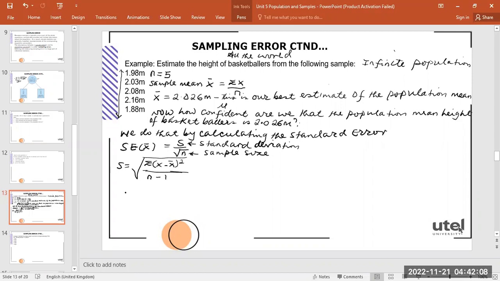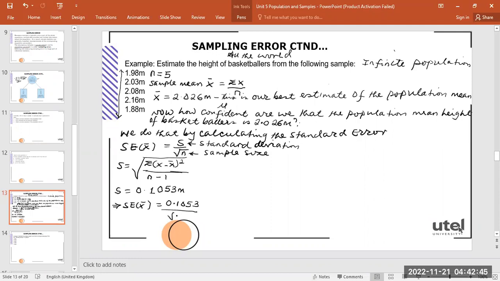And of course, if you do the maths, you should find that your standard deviation is 0.1053 meters. Since we've gotten our standard deviation, this implies that our standard error is going to be equal to the standard deviation, which is 0.1053,